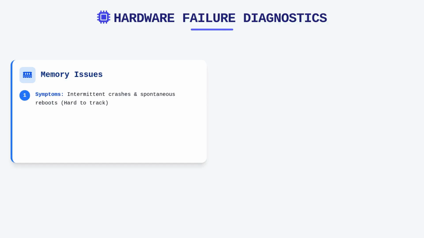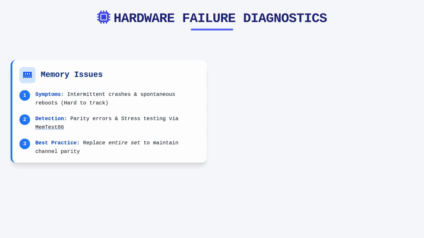Memory issues are notoriously difficult because they often manifest as intermittent application crashes or spontaneous reboots rather than hard failures. You can identify faulty RAM by observing parity errors or using diagnostic tools like MemTest86, which exerts stress on memory cells to reveal latent defects. When a single module shows signs of degradation, it is best practice to replace the entire set to ensure parity